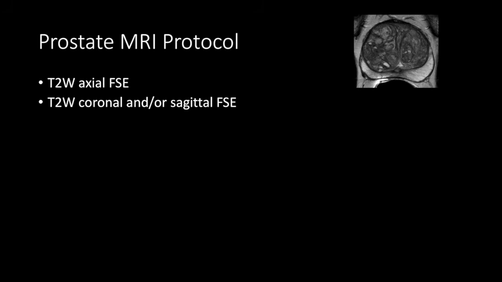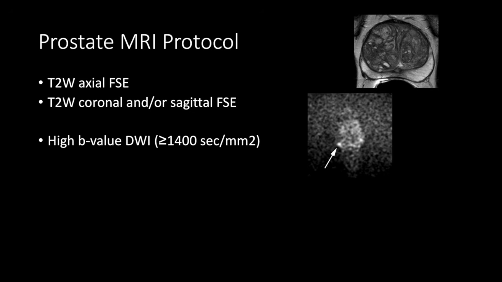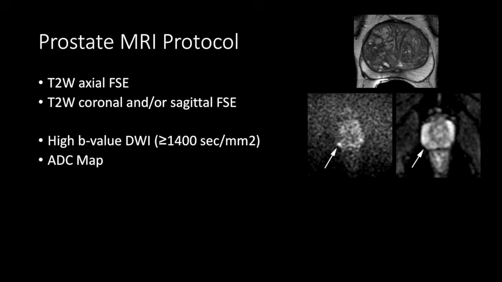Next, very importantly, we need to acquire diffusion-weighted images, and specifically with a high B-value. So PI-RADS specifies a B-value of 1400 or higher. ADC maps are also calculated based on 2 lower B-value acquisitions. If some of this isn't making sense, again, I suggest watching the Intro to Abdominal MRI video to understand some key basic MRI concepts. You also want to acquire a T1 weighted pre-contrast image, mainly to look for hemorrhage, and